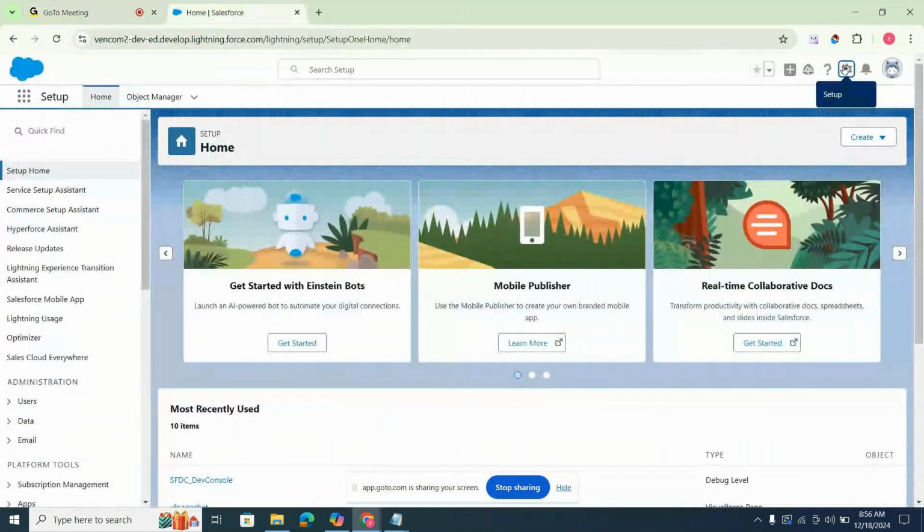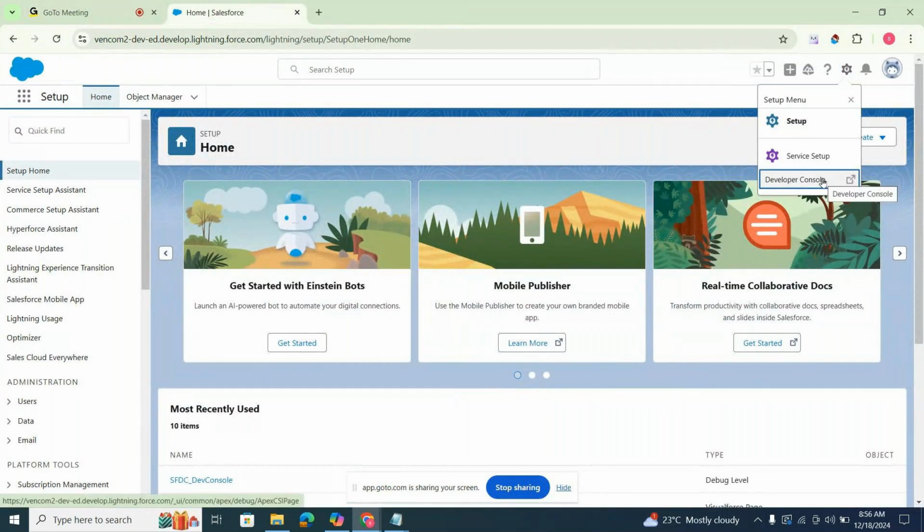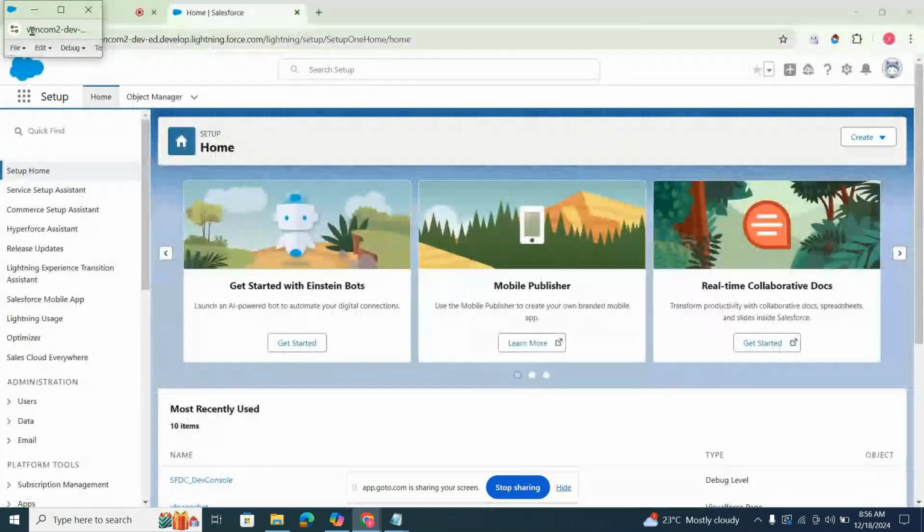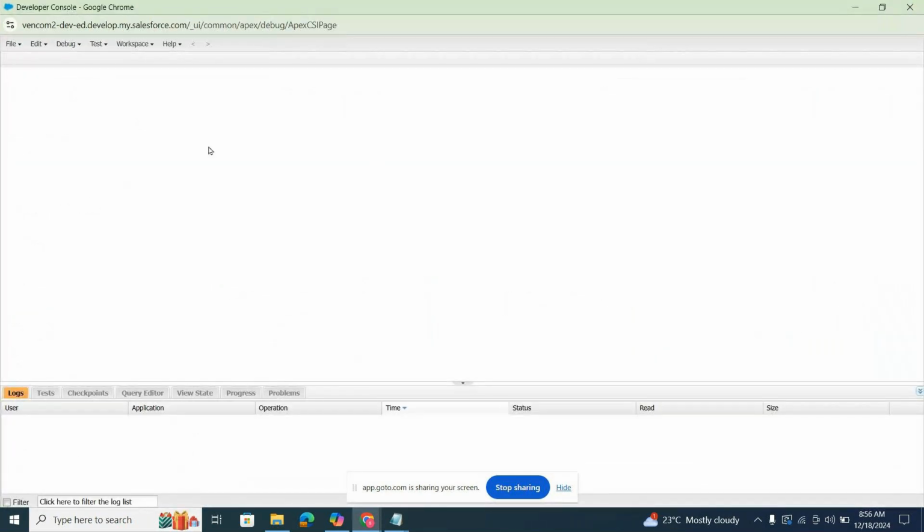Coming to the development, to open this org, first of all you need to go to the setup and developer console. This is the developer console. Initially today I'm discussing how to create Hello World. Don't worry, the same process we'll follow for the next 30 to 40 days on development plus integration.